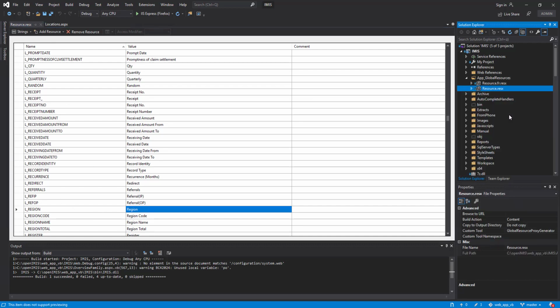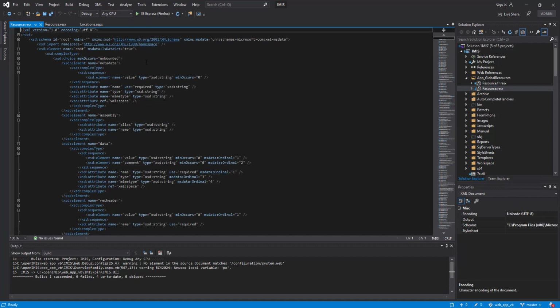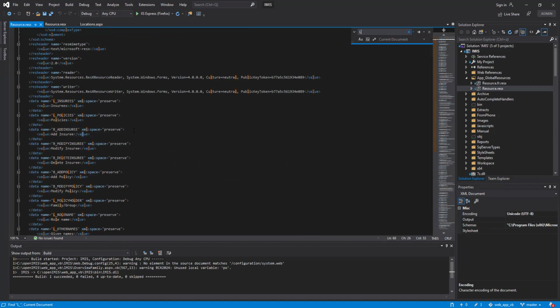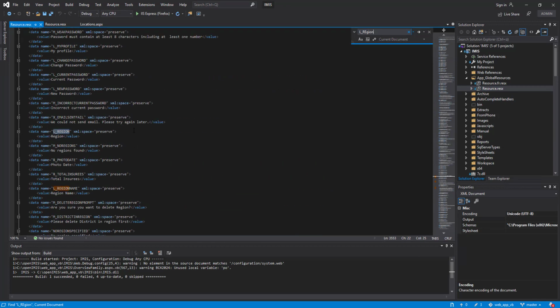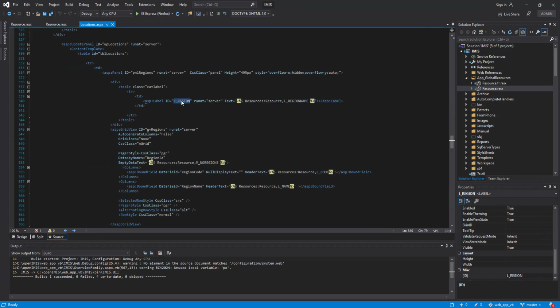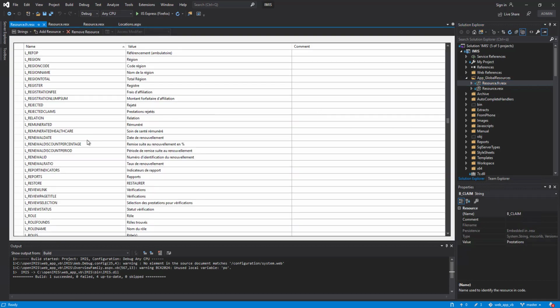If you look at the source code, you can see the XML format of this file. Each keyword has a data element entry with an associated value. During execution, the keywords are replaced by their values based on the selected language. Now, if we look in the French resource file, the L region keyword has value région.